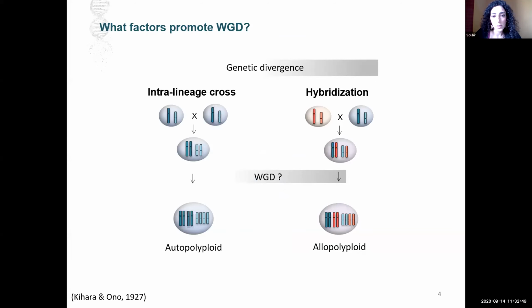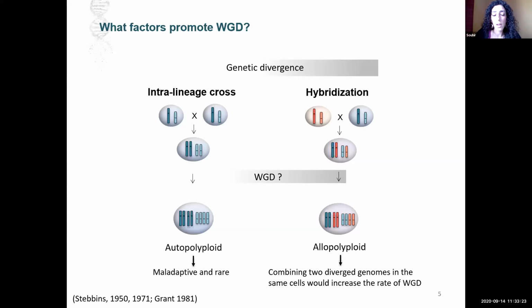Winge's hypothesis started to be questioned when Kihara and Ono proposed that there are two types of polyploids: autopolyploids, in which the chromosome sets come from the same species, and allopolyploids, which derive from hybridization followed by whole genome duplication. So the existence of autopolyploids seems to contradict the idea that